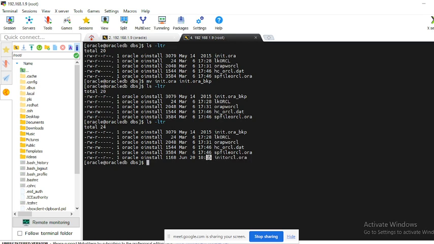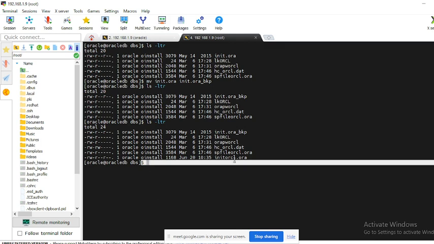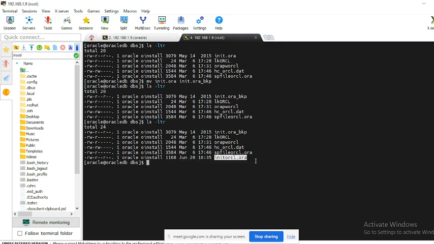10:35, June 20. As you can see, we have just created initorcl.ora. So by using init, and orcl means your SID name. As you can see, the SP file also gives the same at the end.